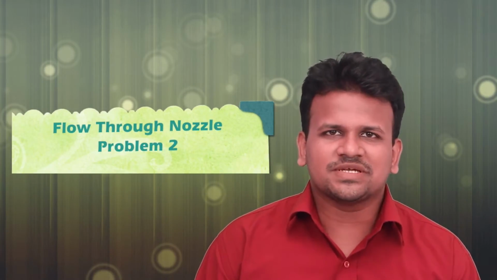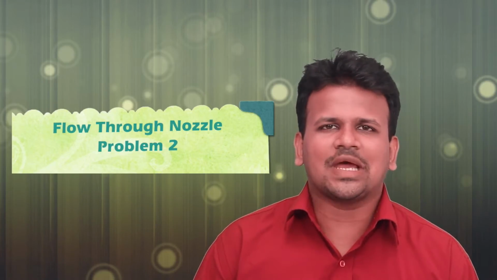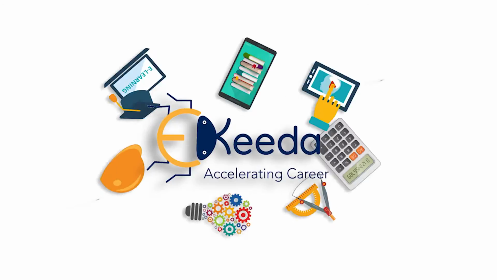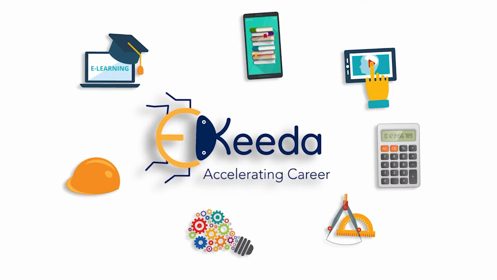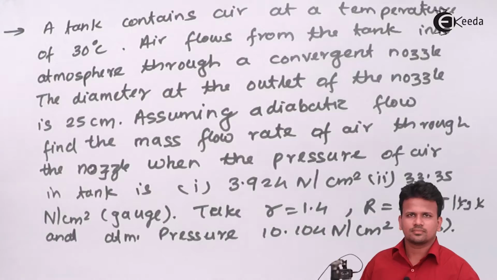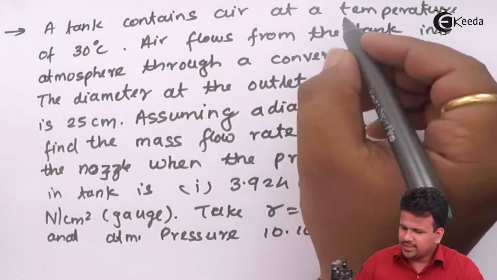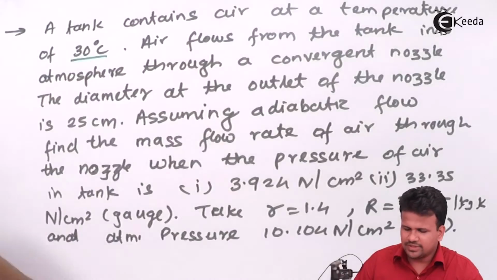As we have seen in compressible fluid flow through nozzles and orifices, we have derived the maximum velocity, maximum mass flow rate, and mass flow rate equations to calculate real life problems on compressible fluid flow through nozzles and orifices. So we have a problem over here which states that a tank contains air at the temperature of 30 degrees